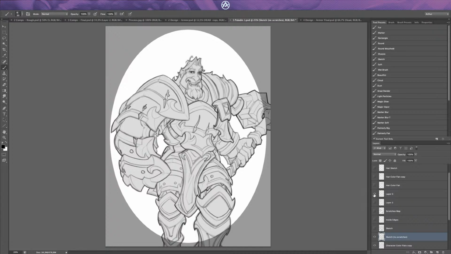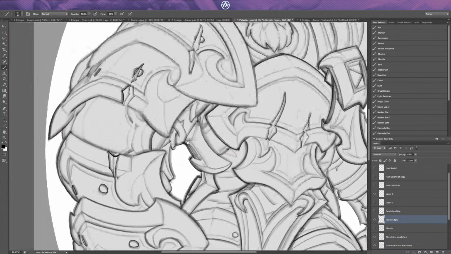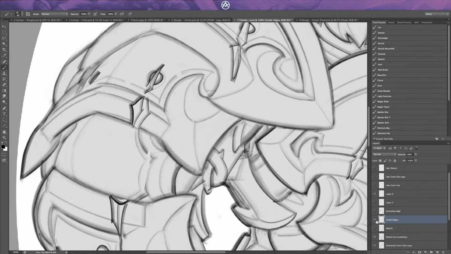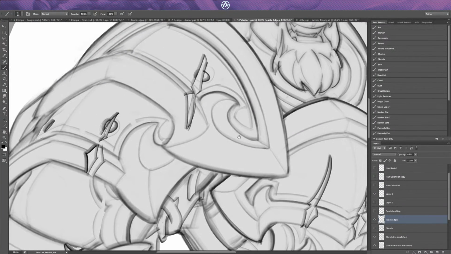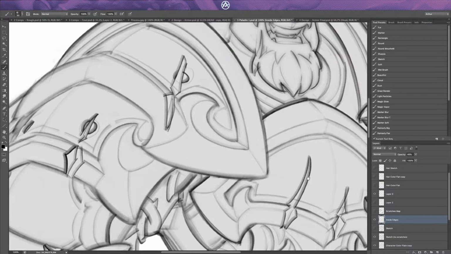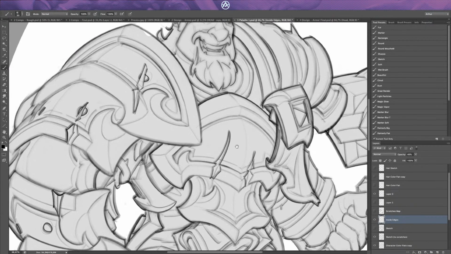I recommend that. One more thing I wanted to show you is the inside edges. You see here you have these extra edges in the middle. That's pretty important. That's pretty useful, and I recommend you keep them on a separate layer, because